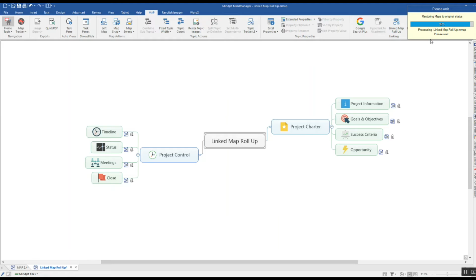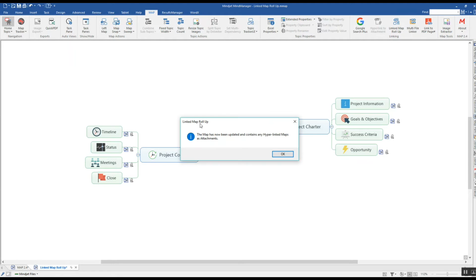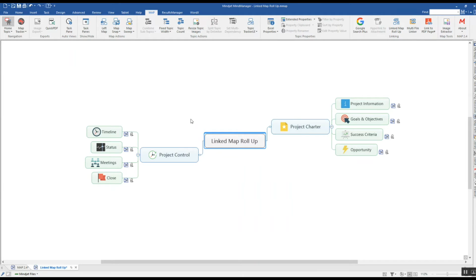So you can see I already had some attachments on here, which was a bit of a mistake, but we'll go through it in the interests of time. So let's just let that finish. It's going through now, and it's restoring any of the original maps that it's tweaked. So we get the message box to say that that's confirmed, that's now taken place,